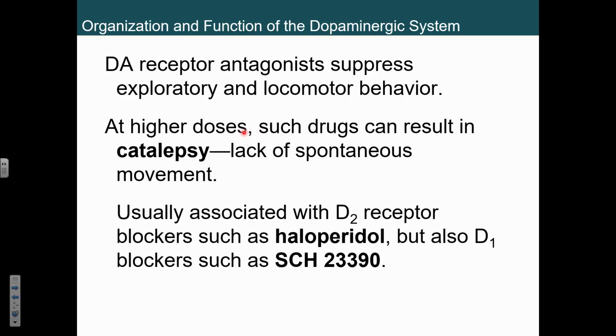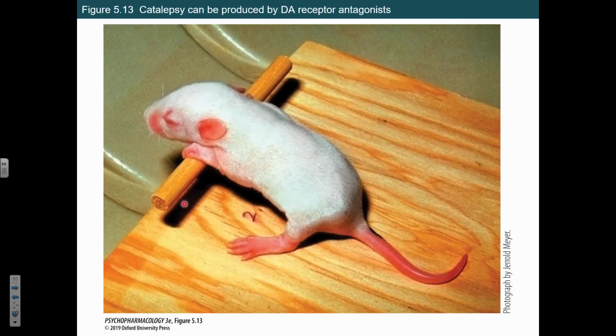What else do we want to think about? If you take too high of a dopamine antagonist, this is bad. You can get catalepsy. This is when you just stop moving. That's bad, right? So we don't want to screw around with this too much. How many of you have heard of haloperidol? You get a couple head nods there. That is a D2 receptor blocker. So if it's going to block those D2 receptors, what's that going to do? That's the autoreceptor. If we block the autoreceptor, we're going to increase dopamine, right? That's a cataleptic rat.